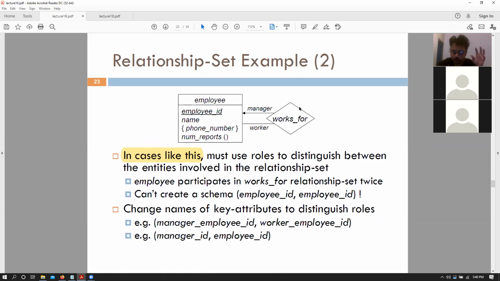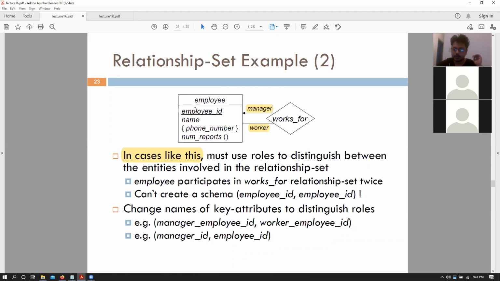Now comes a situation that is a bit of a common situation, that is where a particular entity set relates to itself, right? The most common example of this is basically an employee table, which contains all the information about employees, that includes managers and other employees as well. The weird thing that happens is some of those employees are going to be workers and some of those employees are going to be managers, right? So some of those employees are going to work for some other employees.